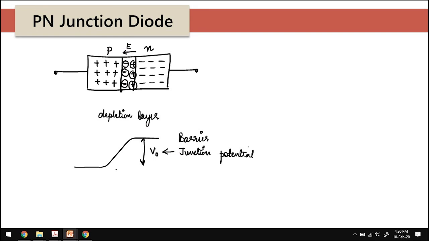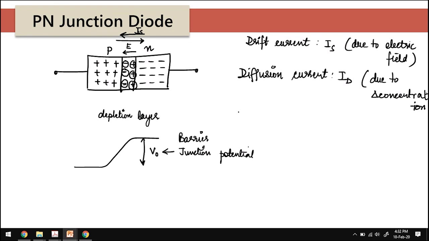Now, in open circuit condition, there is an opposing electric field inside, because of which nothing can happen. No flow of charge can happen. Anyway, this is not connected to any circuit right now. It's open circuit, so net current is anyway zero. That means the effect of diffusion, which was majority carriers moving towards the direction where they are less in number, and drift, cancel each other. Drift current is due to this electric field. It is called IS. In open circuit, drift current and diffusion current have cancelled each other. There is no flow of current.